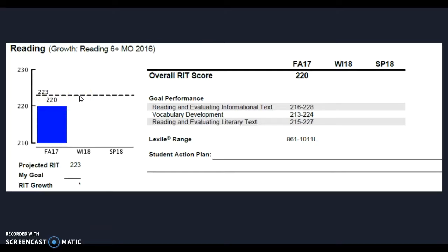That is okay, because in NWEA, it's actually pretty difficult to move your score quite a few points at a time. So no matter what, you're really only looking at maybe 15 points worth max. But when it shows you something small like this, it's okay to set a goal that is only slightly higher. So for this person, when they record their student action plan, they may say something like, my goal for reading NWEA winter assessment would be a 225 or a 227, depending on what they're feeling like they can do.